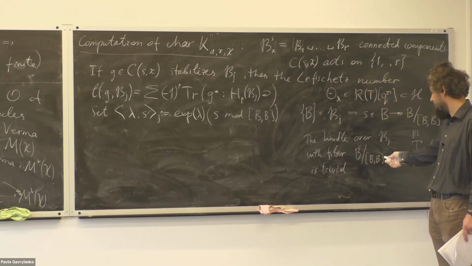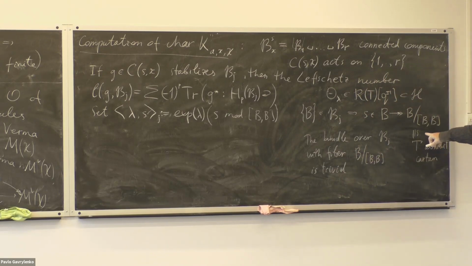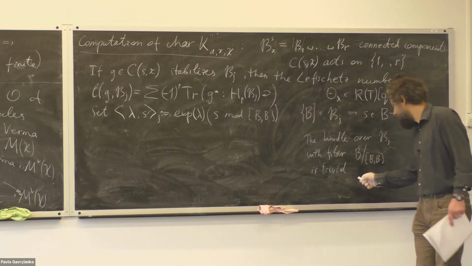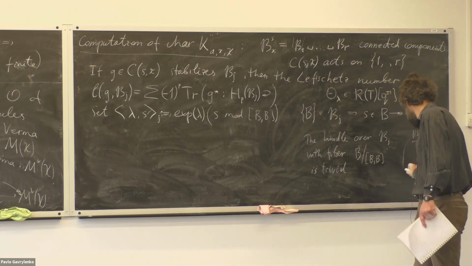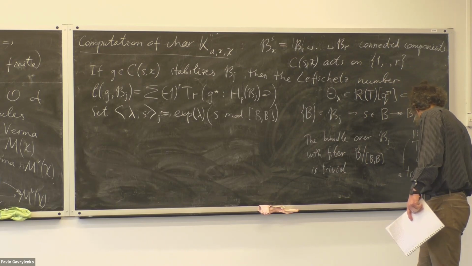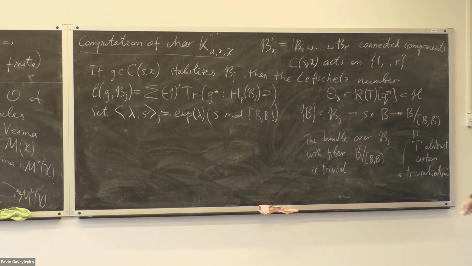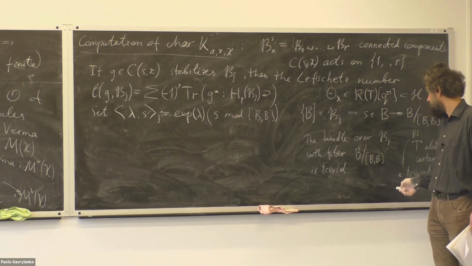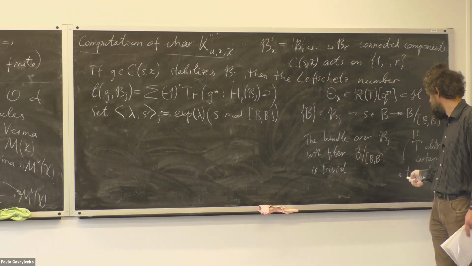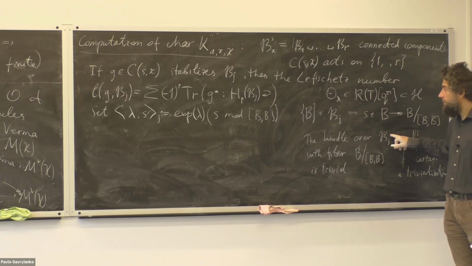Okay, so we can trivialize it, and this is a trivialization. Okay, and it is trivial just because when two elements in here are conjugate with respect to some